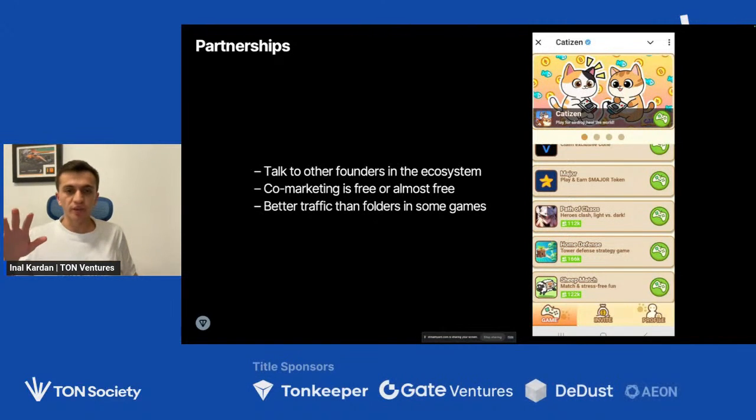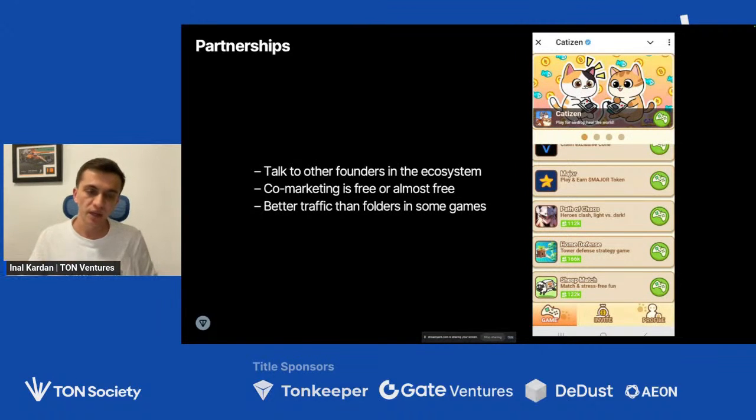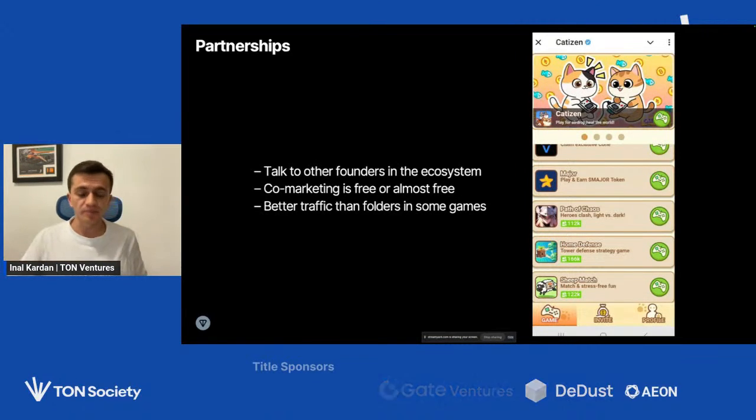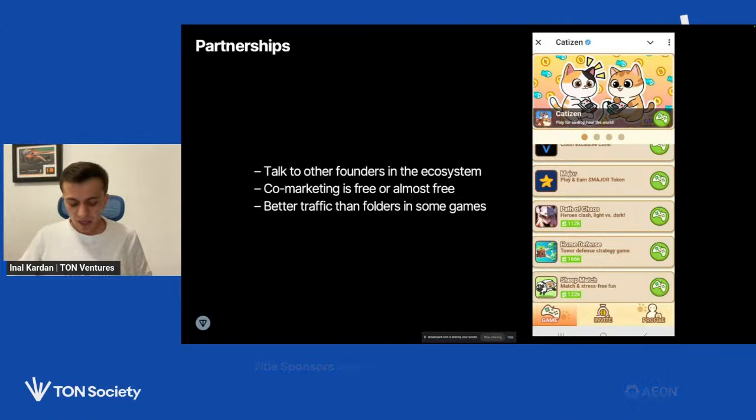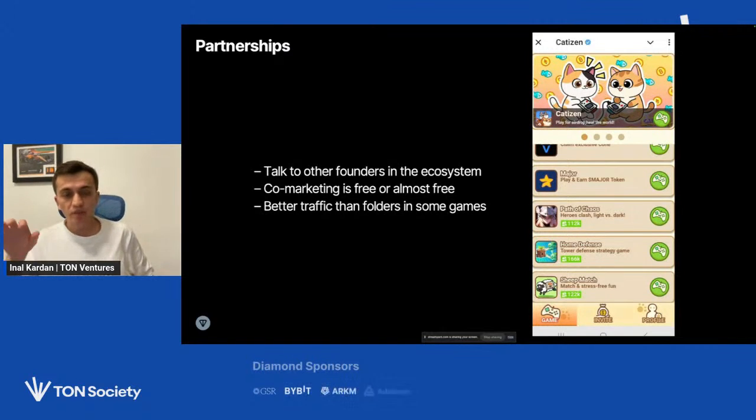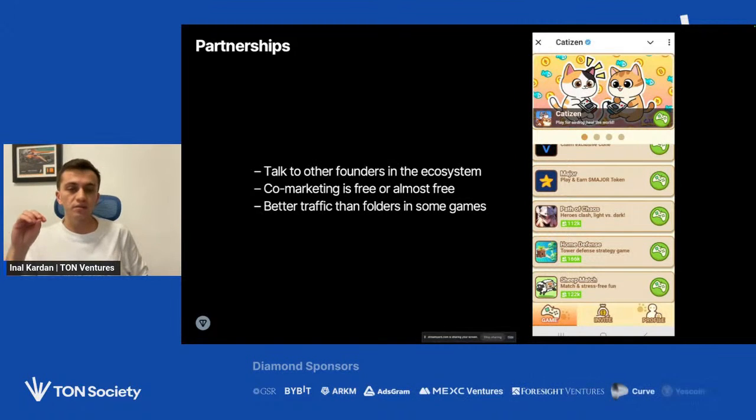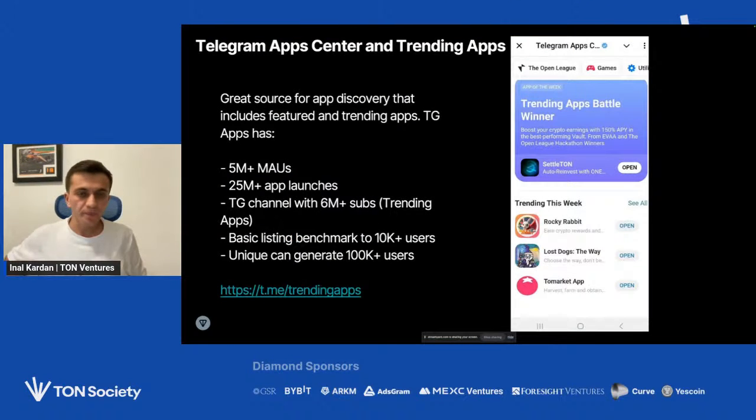Unlike partnerships with games, because these are a real integration of tasks done in the game, they actually bring you better quality users than just folders in games, than just folders in other mini apps. At the end, partnerships, talk to other founders, try it, negotiate with them, and usually it is quite cheap or even completely free.